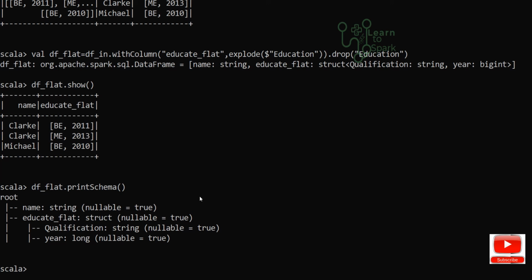So we can just give a select statement as we did in our PySpark. I will give select, and I'm giving the name column and the struct fields.